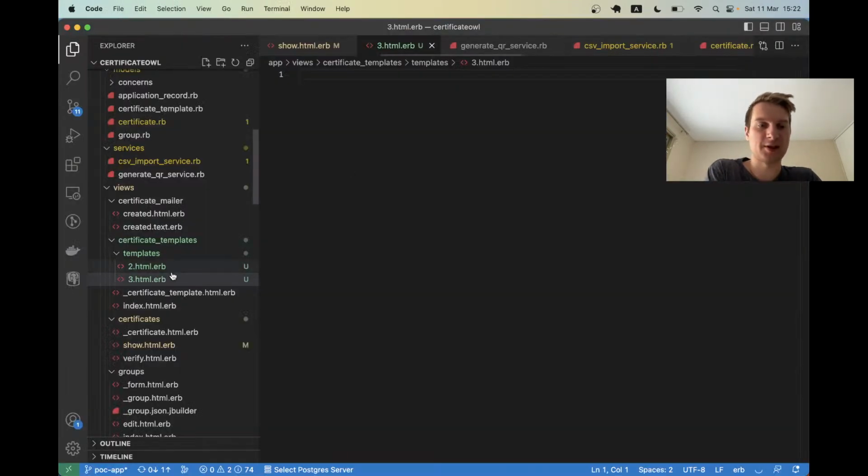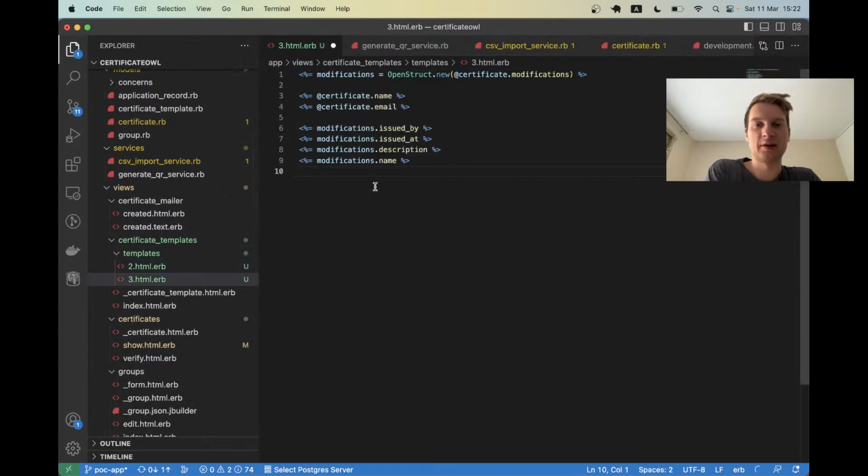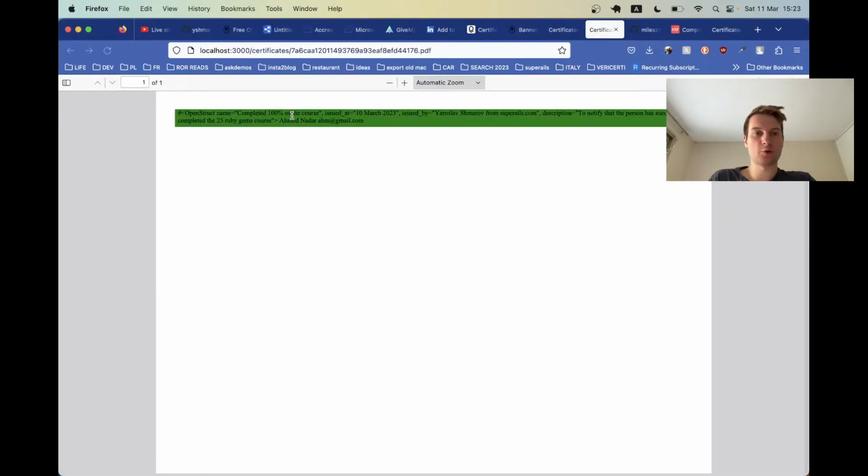And it renders an empty certificate. And you see the 2 and the 3 can be styled completely differently. So now it's all up to styling the templates. And I think I'm not going to focus on the styling a lot now, but I've actually kind of achieved